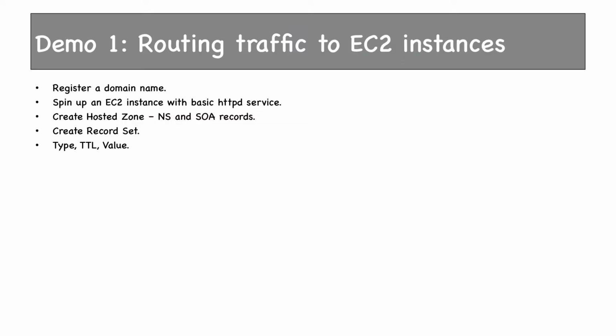We have already registered a domain name. We'll use that domain name to route our traffic to an EC2 instance. Till now, we have been using the ugly public DNS name provided by AWS, right? Now, we'll use aws-foundation.tk and route our traffic to the EC2 instance using Route 53. By the way, we can get our domain name from Route 53 as well. So if you want to make Route 53 our domain registrar, we can do that. We'll also see some more configuration parameters like NS and SOA records, the types of record sets, TTLs, etc.